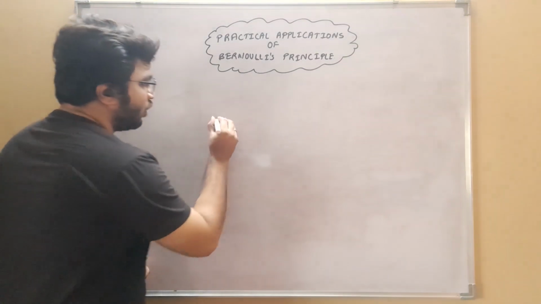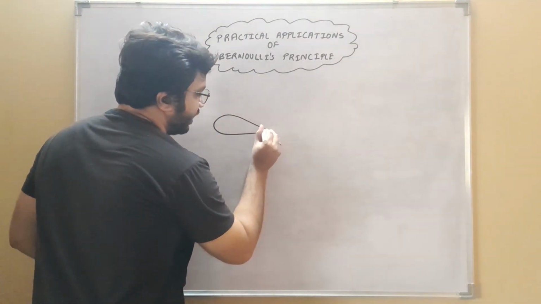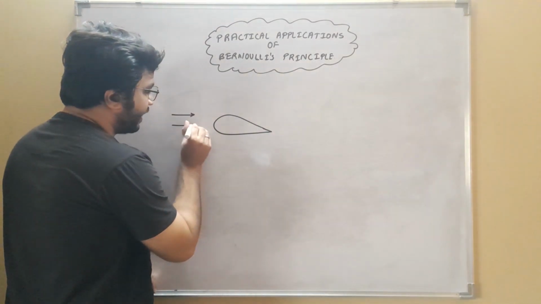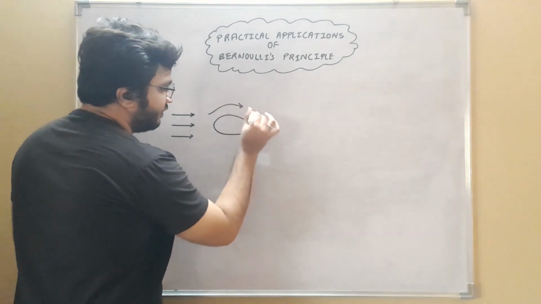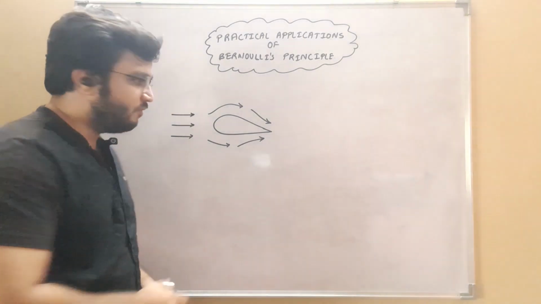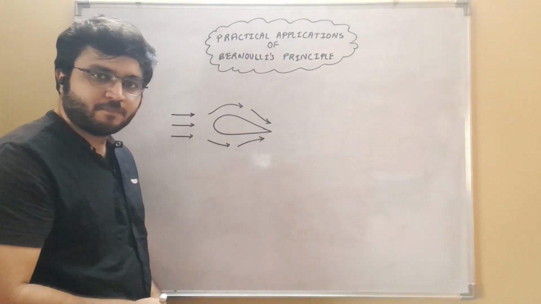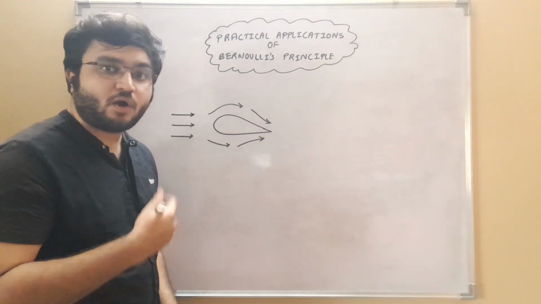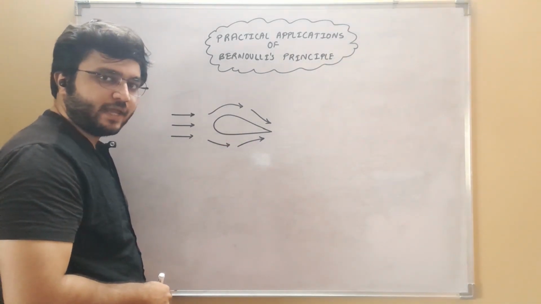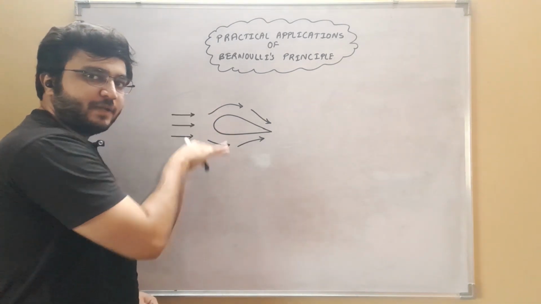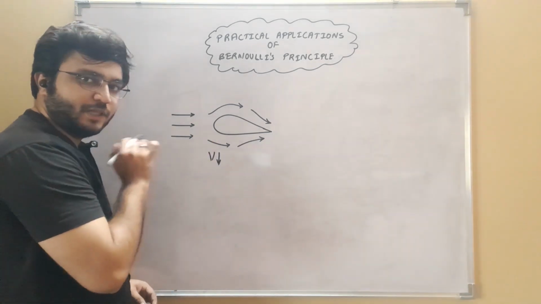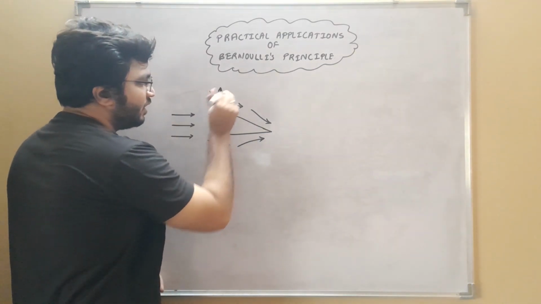We all know that the wing of the aeroplane is always made of aerofoil shape. Because of this aerofoil shape, when the air passes over it, it deviates the airflow and generates some airflow patterns. When this blade is tilted through some angle, it will generate lift. Now how will this lift be generated? Because of the tilt of the blade at some particular angle, the airflow patterns above the blade and below the blade will change, and it will drop the velocity below the blade and increase the velocity above the blade.